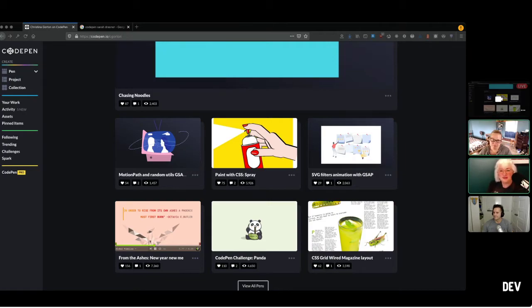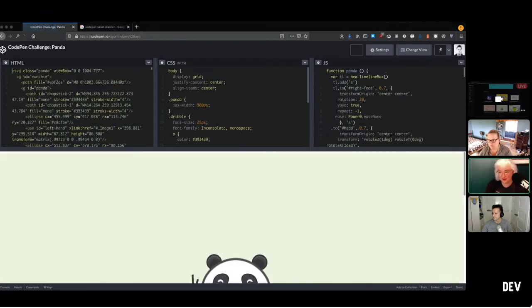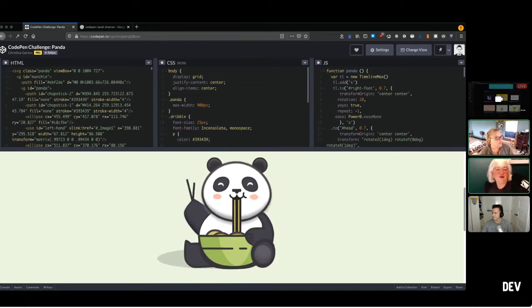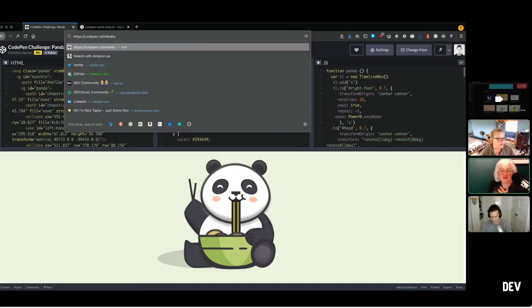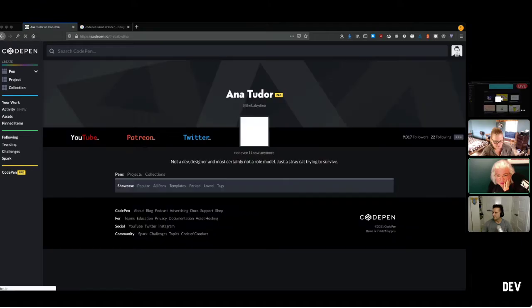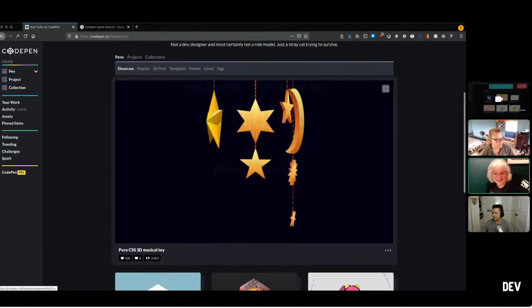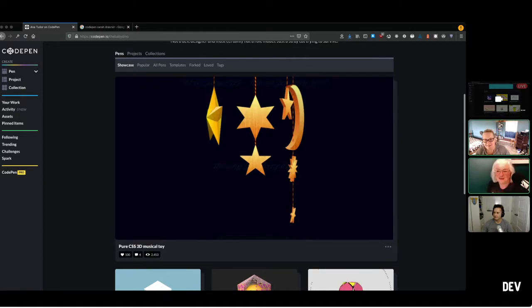So it's really exciting to see things built in a recognizable style. Like this is, for example, Anna Tudor's style. Anna Tudor is a prolific and really, really talented developer. We see people learn. Her username is the baby dino, so you could just put that in. But she does. I mean, she's just incredible. One of the most brilliant minds I've ever come across, just generally, and her work is just extraordinary.